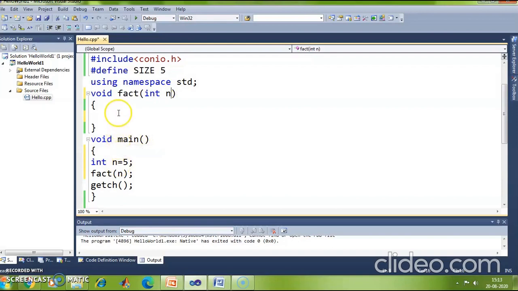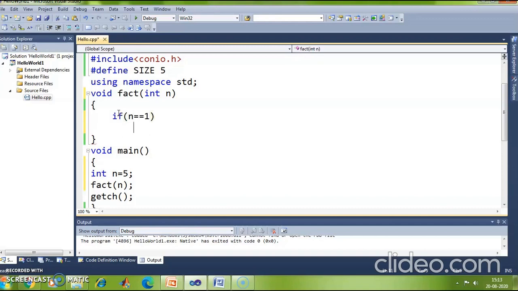Now I need to call this fact function within the fact function. How can I do it? I'll make a check here. If the value of n is equal to 1, then I need to return 1 because the factorial of 1 is 1.